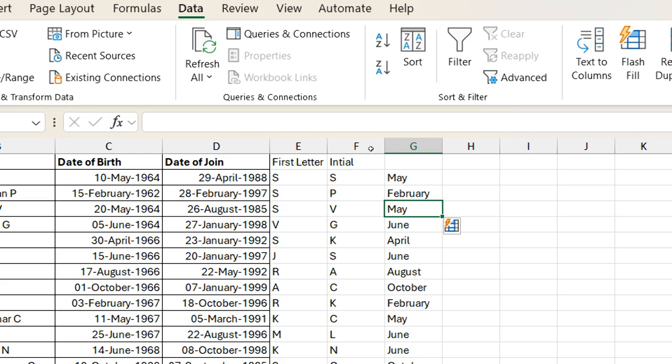Instead of the first column, I have taken date of birth. If you want date of join, then type April and then February. Flash fill